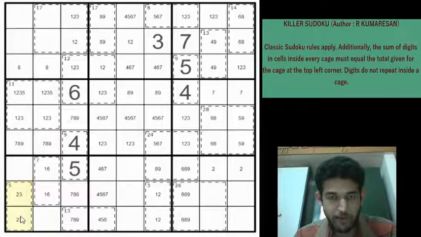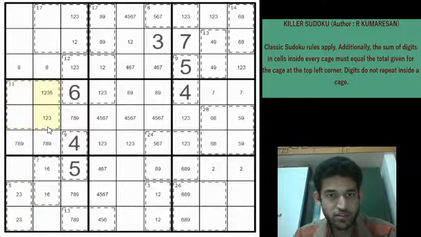We have a 2, 3 pair here. We could have marked this earlier. So since we have a 2, 3 pair here, we have 1, 2, 3, 5 here, which means that these 2 cells will be 2 and 3, right? Because 2, 3 is here, 2, 3 can't go here. So the 2, 3 pair will come here. The remaining digits are 1 and 5, which have to go here.